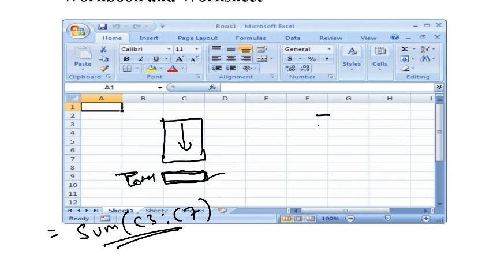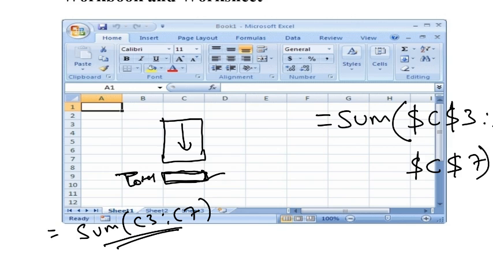So the formula you will write as SUM, dollar C, dollar 3, so the column will not change as well as the row will not change, to dollar C, dollar 7. So once you press this, if you copy this formula to here, the formula also remains the same.